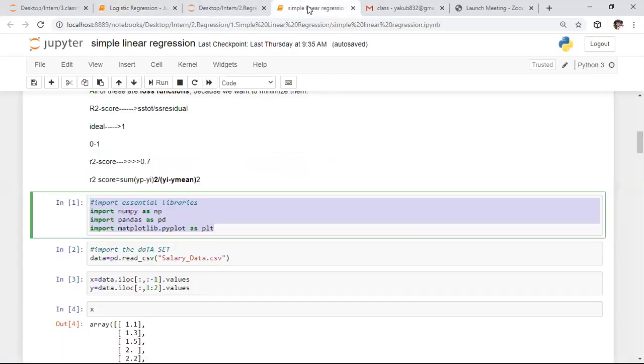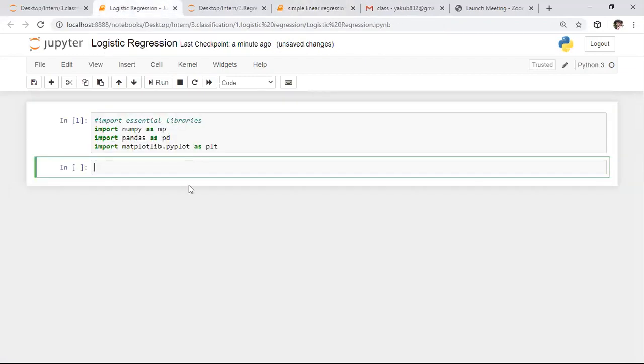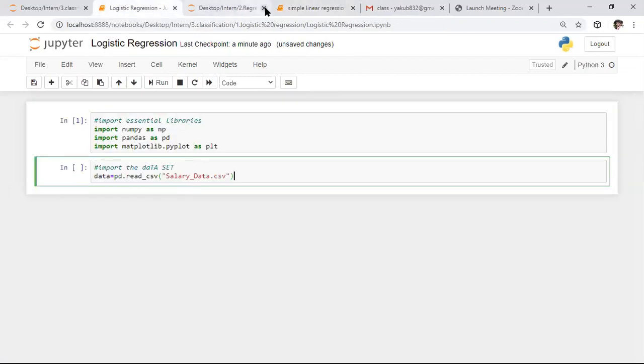So I want to copy the same thing. Here I want to import the data set. Whereas here, the data set name will be different. For this problem, I am using a different data set, which is present in the same working directory.